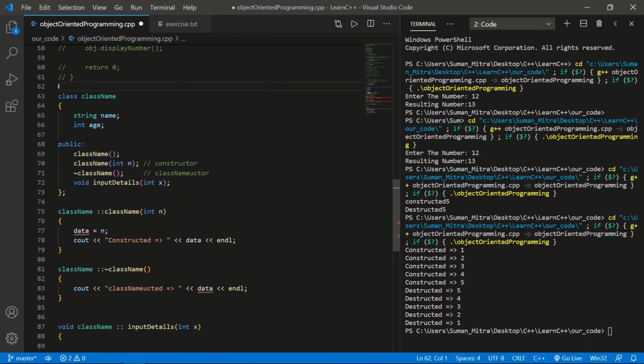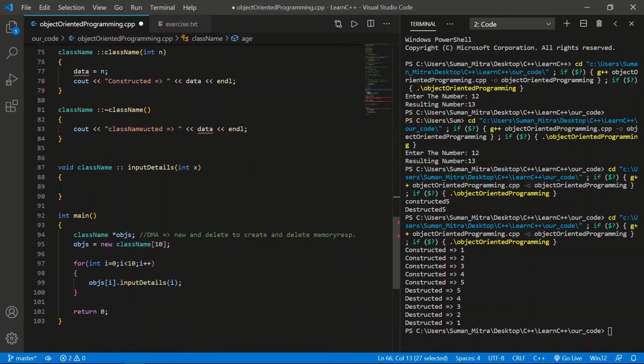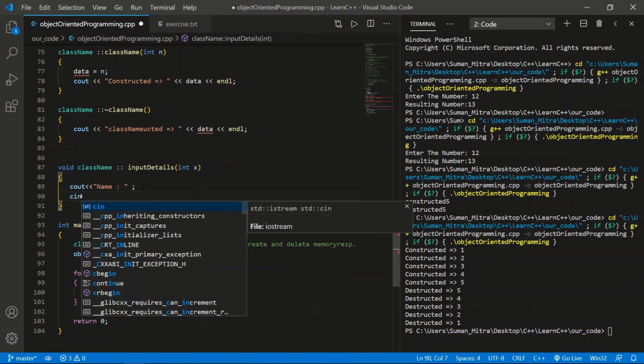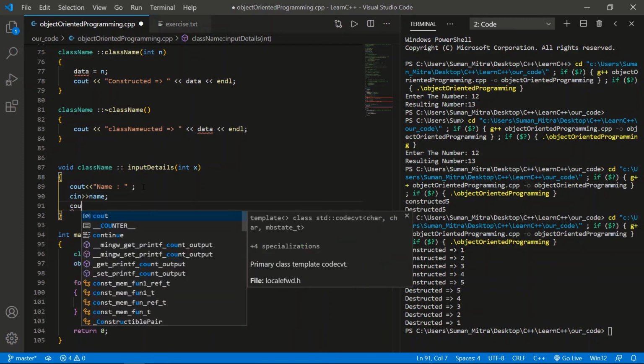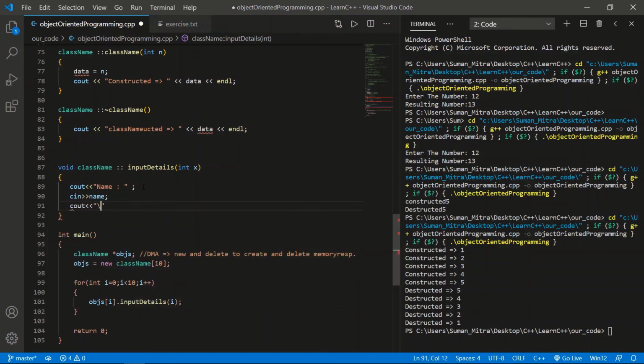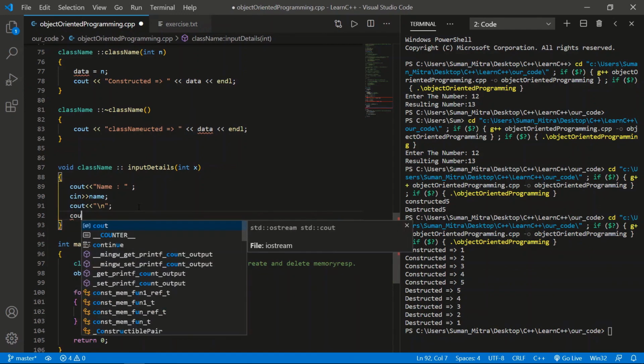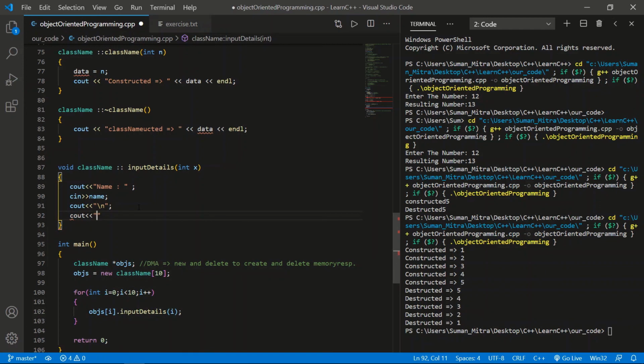Okay, now you can see we'll take a string and an age, so in the input details we'll write cout, name. We'll take a name here and cin name. Okay, and cout, we'll put an extra line so that it comes below, and write cout age